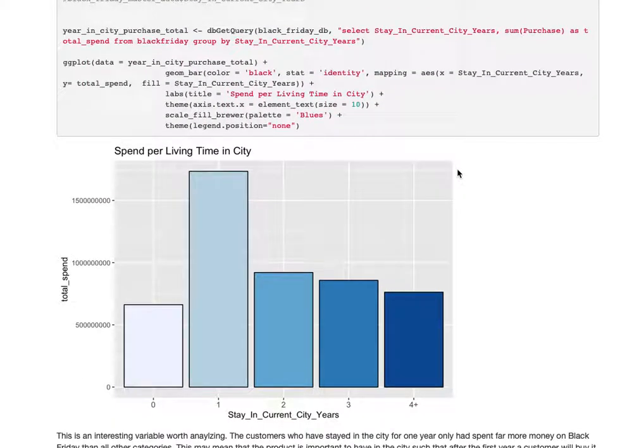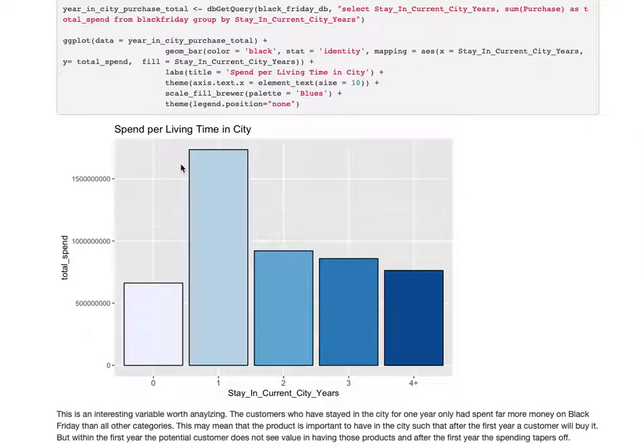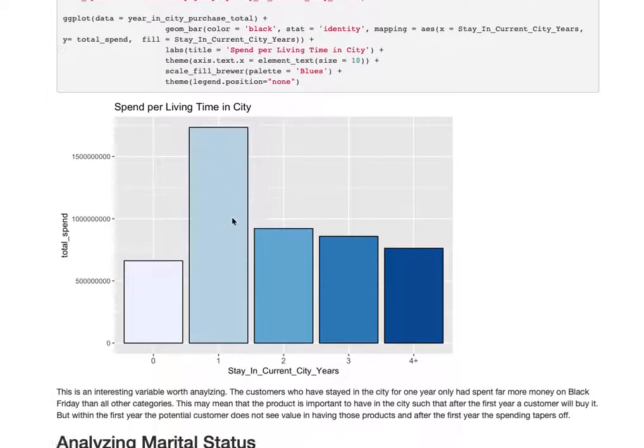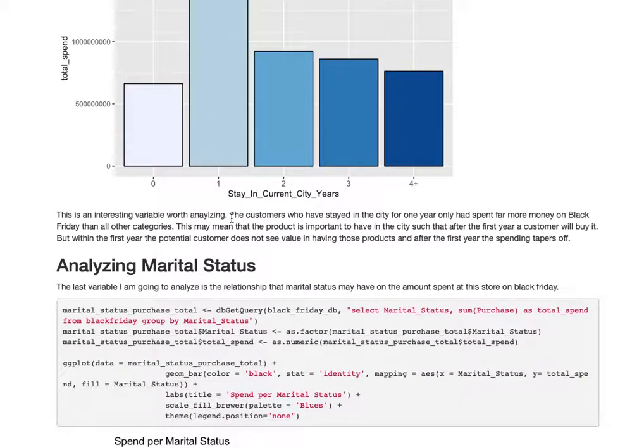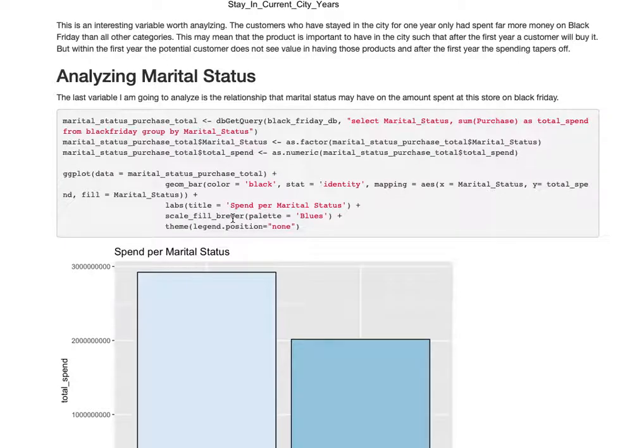And then I wanted to look at the time in city and who was spending more if they lived in the city for less than a year, for 2 years, for 4+ years. And it turns out that if you live in the city for 1 year, those customers were buying a lot more than everyone else on average. Continuing down,